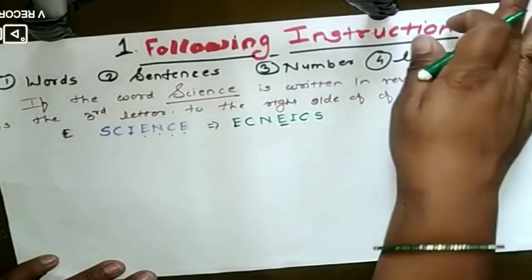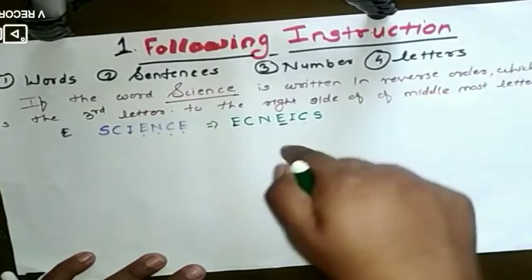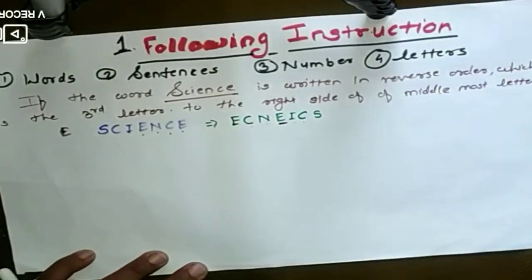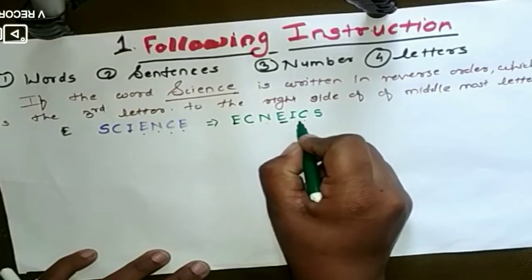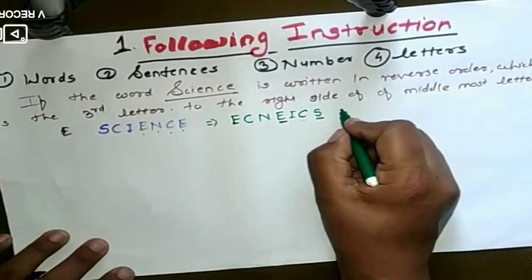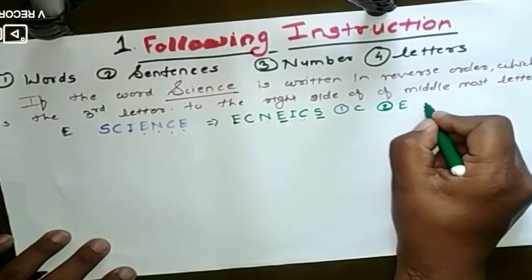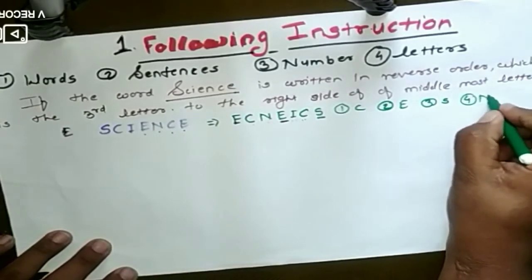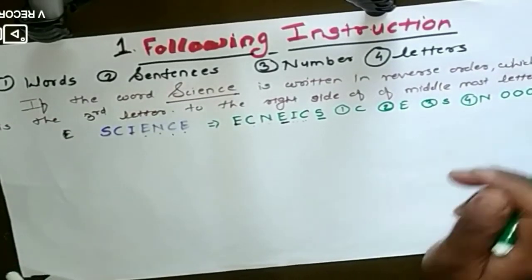So our right hand is the book's right hand and our left hand is the book's left hand. Okay, so what they are asking is, from the middle letter, the third letter on the right side. If we find it here, this is the right side, so the middle letter is E. 1, 2, 3. S. S is its answer. They are providing us options: the first option is C, the second option is E, the third option is S, and the fourth option is N. And here they are giving you 4 circles, and you have to mark its answer.